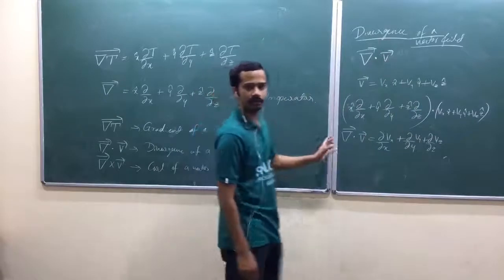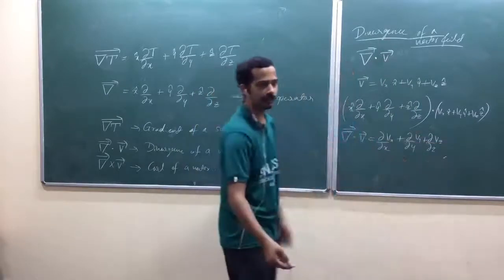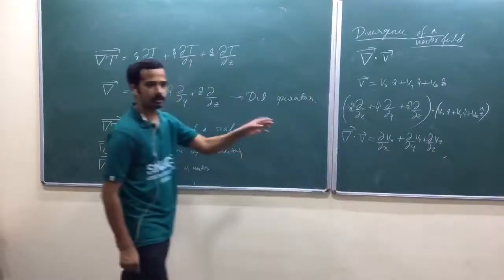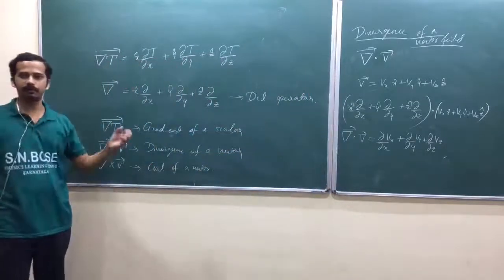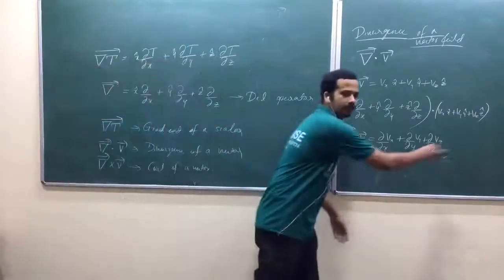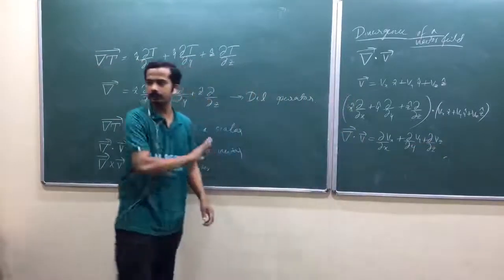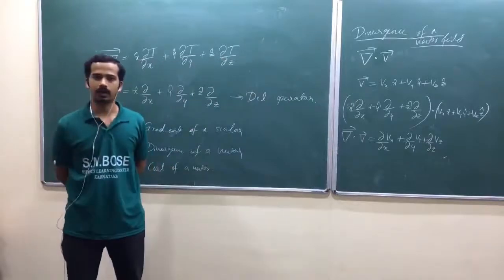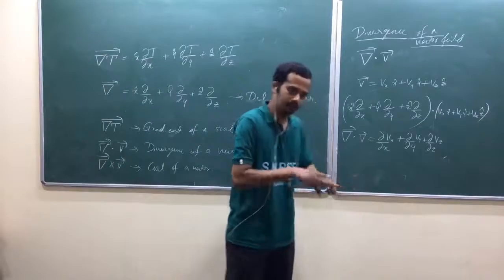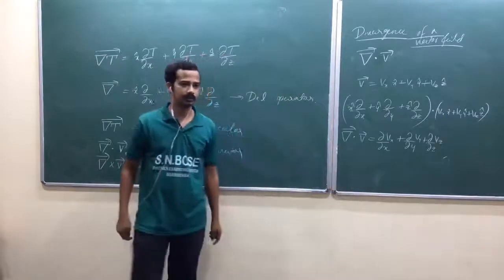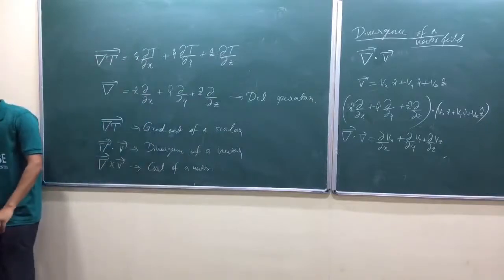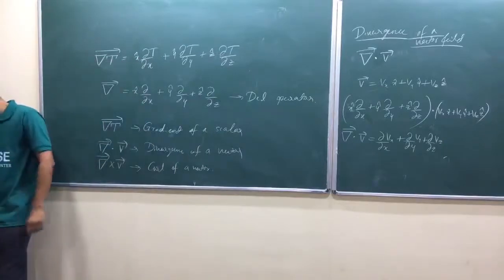This whole derivative can be taken at different points. Usually we write it as a function. But if you talk about one point, that will be one pure scalar quantity. If you just take the derivative and substitute one point in space, you will get one pure scalar quantity. What does it represent? That's a measure of how much vector v spreads out from that point. It's a point operation. Is that okay? It's a point operation.